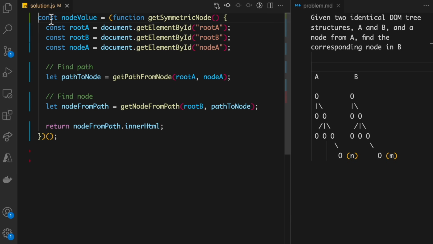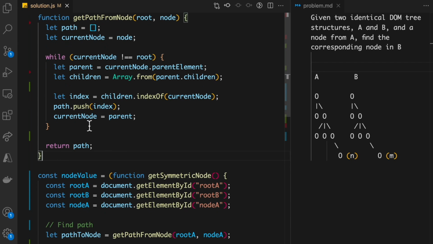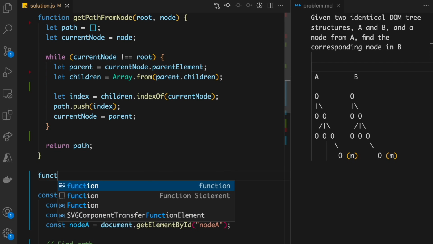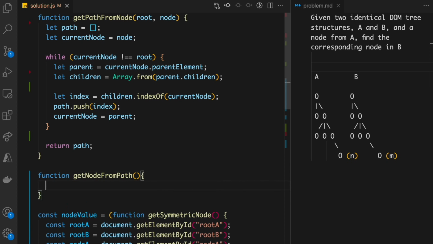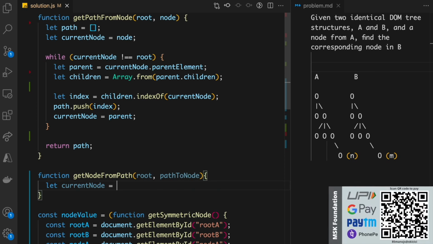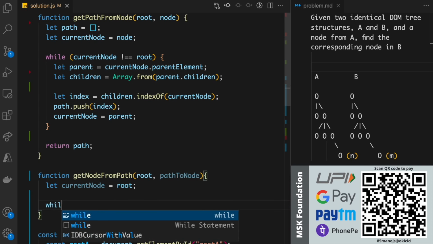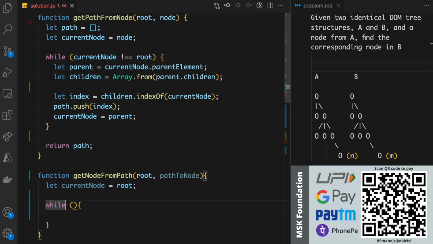Let's move this function on top, and now we are going to implement the second function, which is getNodeFromPath. So function getNodeFromPath, and we're going to pass the arguments root and pathToNode, which is the array that we just constructed. Let's define the current node as the actual root itself, because now we have to travel from top to bottom.